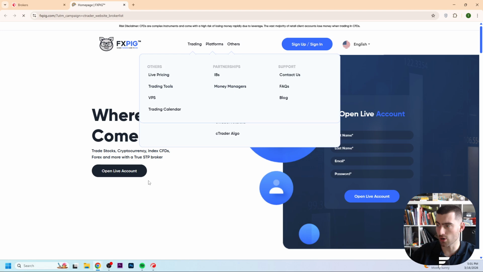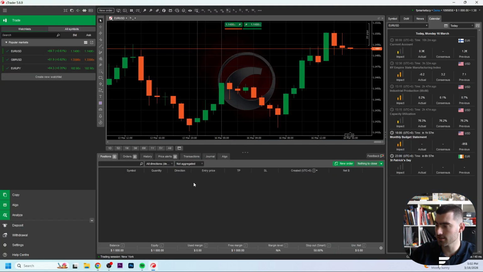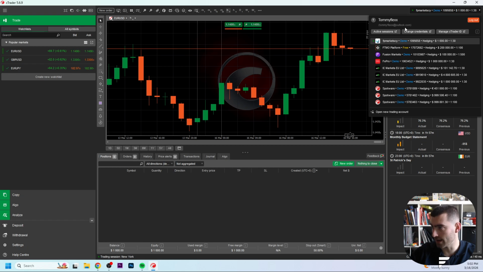Then right here we go to open account, and then what you need to know is you need to create yourselves an account. Maybe you already have an account, but there's one important thing, because if you're creating your live account, can also be a demo account, but let's say you want to create yourselves a live account, if the email isn't the same as this email right here, so what you're using in cTrader,